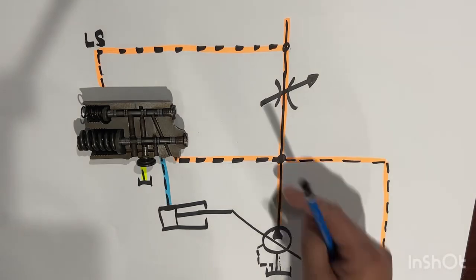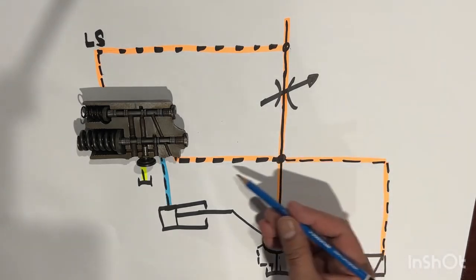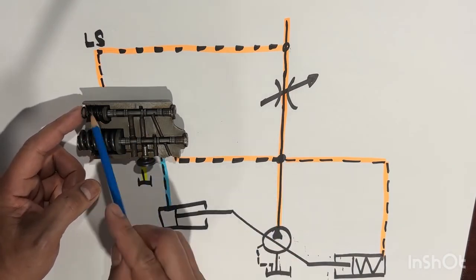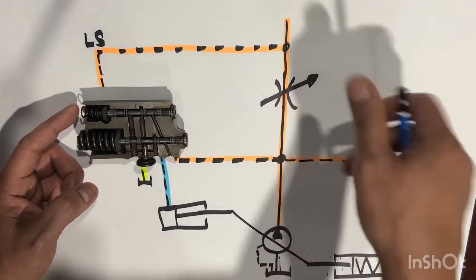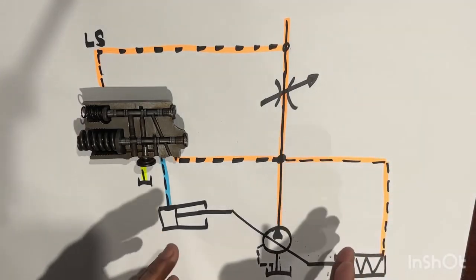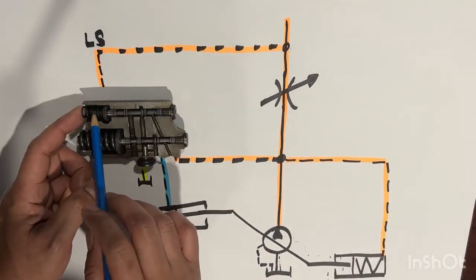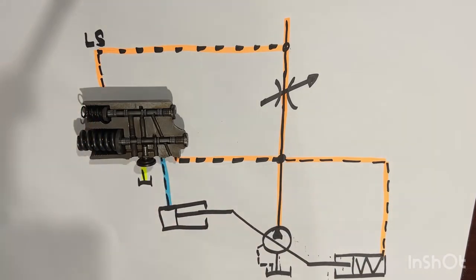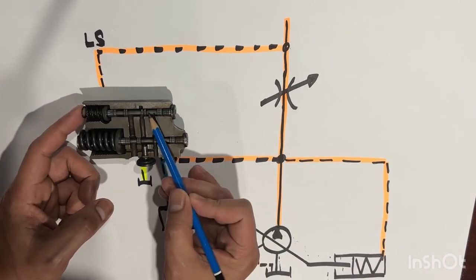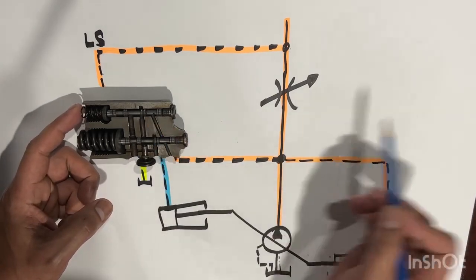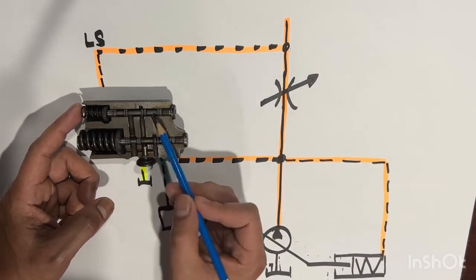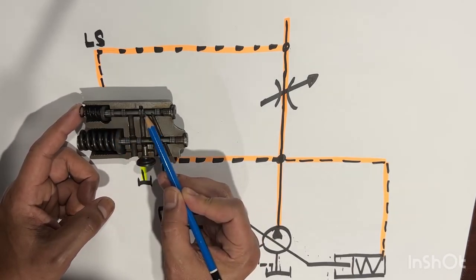Then what happens if that increases? The upstream pressure increases above the setting of the FR spool spring, above 15 bar, because you closed this to 50%. That increase overcomes the 15 bar setting in the spring. What happened? The FR spool moves to the left. This one here will move to the left because there is an increase of delta P more than the 15 bar setting here.